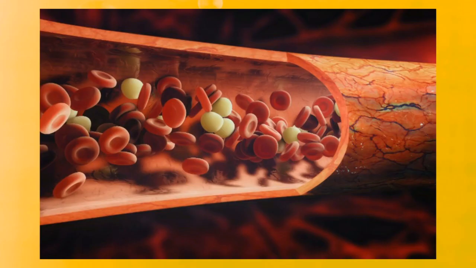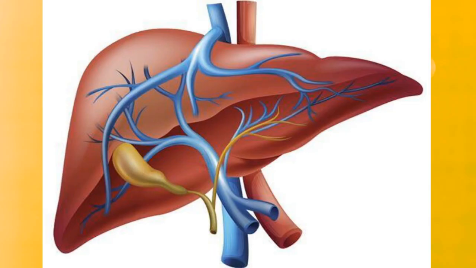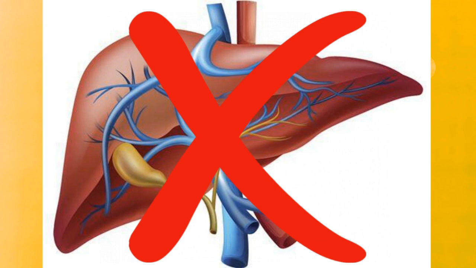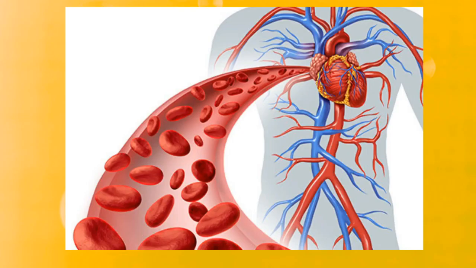Then this excess bilirubin will circulate in the body, and by the normal circulatory pathway, this bilirubin will enter inside the liver. But the liver will take only the normal amount of bilirubin, as it takes normally. It will not take an excess amount of bilirubin. So what about the rest of the bilirubin which is not taken by the liver? This excess bilirubin, which is not taken up by the liver, will remain in our normal circulatory pathway in the free form.